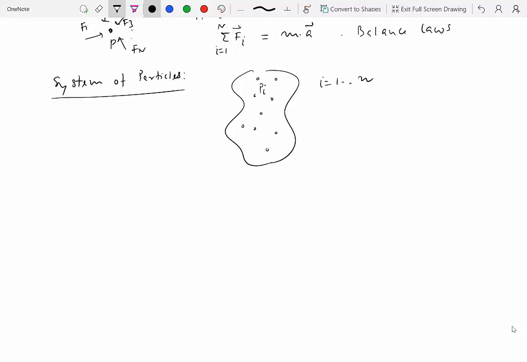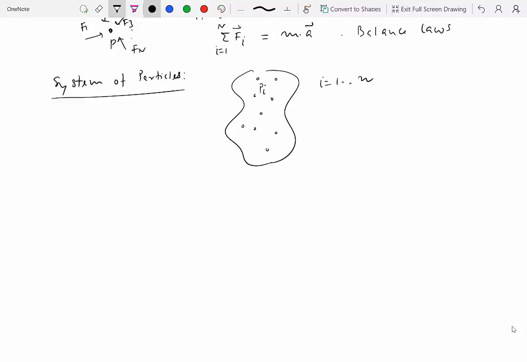So you could have particles that are connected to each other, or particles that are not connected to each other. So it could be a system of loosely connected particles or a system of rigidly connected particles. It doesn't matter what system you're talking about. Okay, and this system of particles notion is actually quite prevalent in molecular dynamics, where you have different molecules or atoms interacting with each other via some sort of forces, and you're trying to figure out what their motion would be as a result of the complex interaction of the forces among the particles.